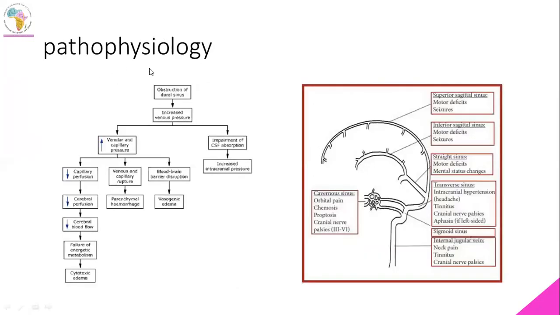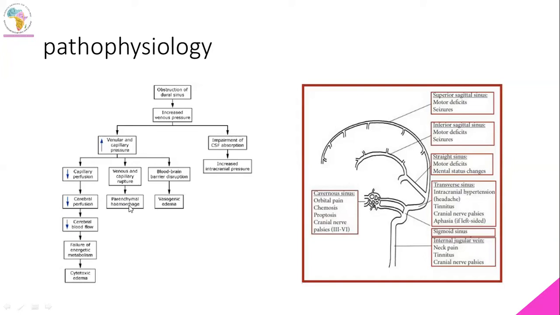Regarding the pathophysiology or the consequence of dural sinus thrombosis, the obstruction of the dural sinus will increase the venous pressure. This will impair the CSF absorption and increase the intracranial pressure. And also the increased venous pressure will lead to venular and capillary pressure that will lead to venous infarction and venous edema or vasogenic edema,